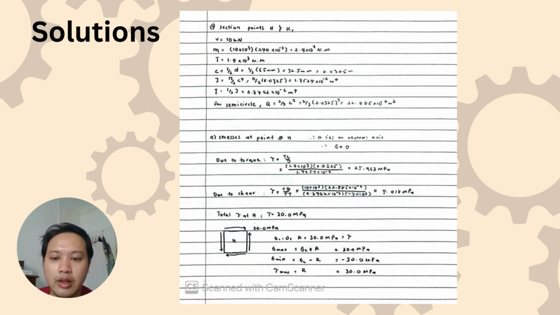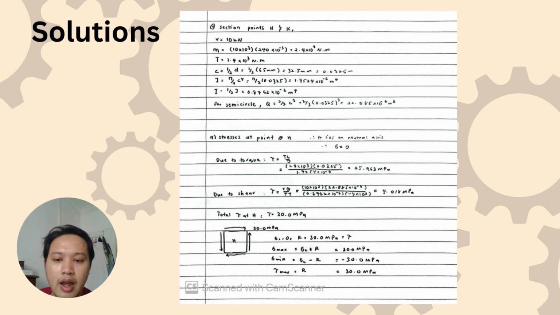Okay, now after we have done all that, we can move on to find the stresses at point H. Because point H lies on the neutral axis, sigma is equal to 0. So we only have stresses due to torque and stresses due to shear. To find the stress due to torque, we use the formula tau equals Tc over J, which will give 25.963 MPa, and due to shear, tau is equal to VQ over It, which will give